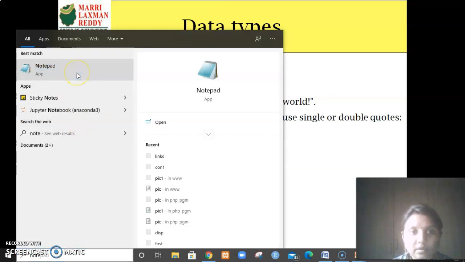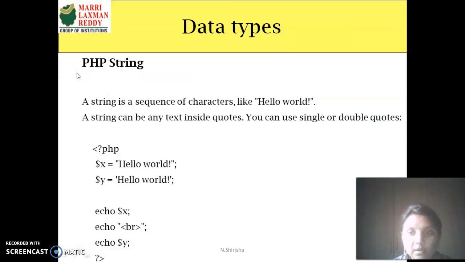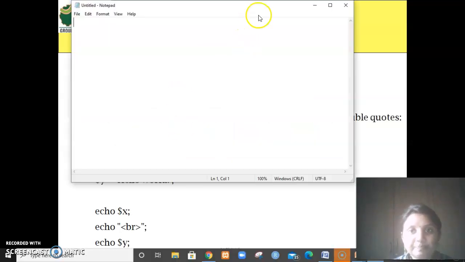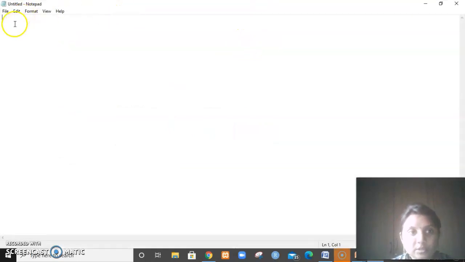Let me take the help of a notepad. We'll just execute the program. So the PHP starting tag is less than question mark PHP, followed by question mark greater than symbol.